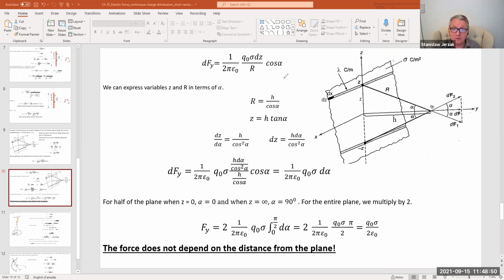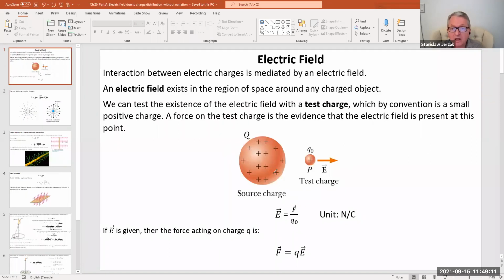Yeah, so more examples are in the tutorial notes, and my Zoom recording of the tutorial will be posted later today. So at this point, I would like to share new lecture slides, and I would like to start to teach about electric field,